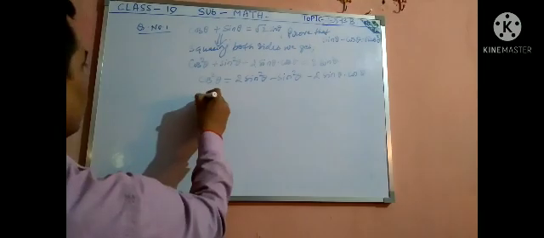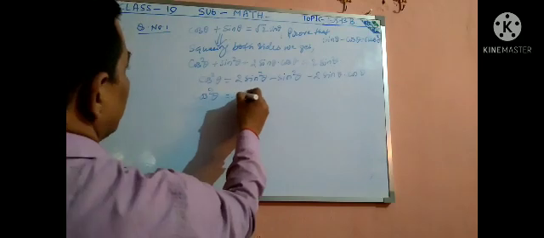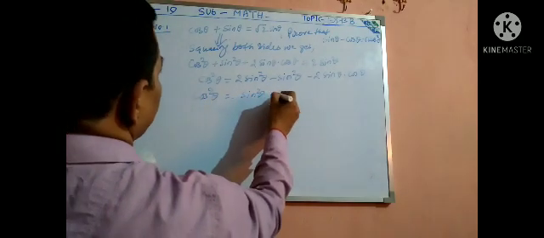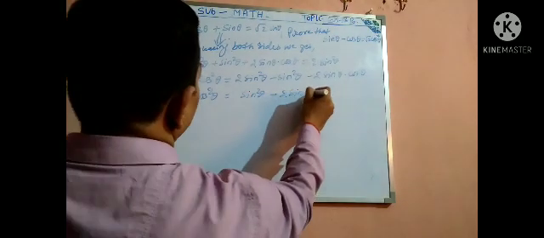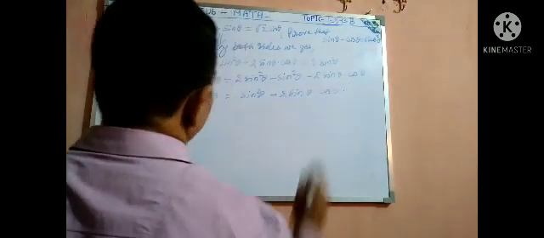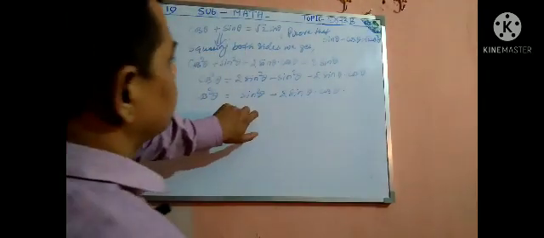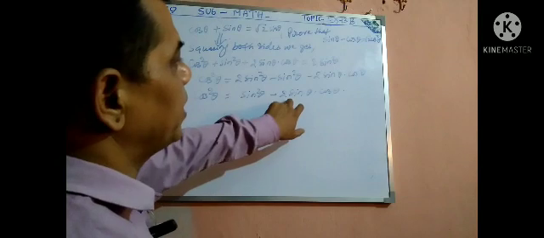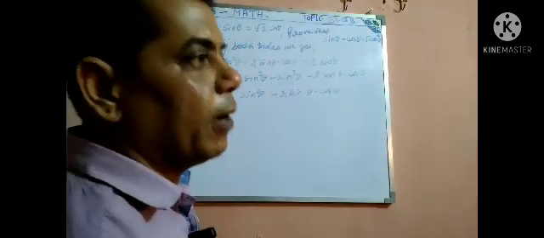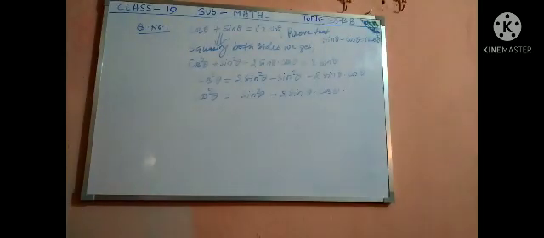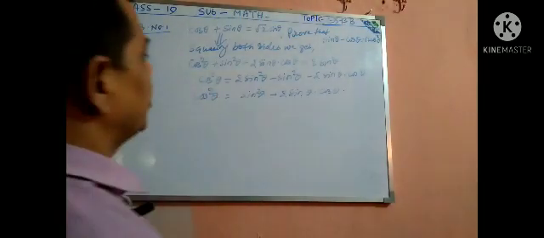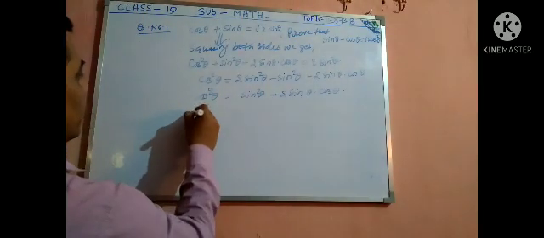So that is cos square theta is equal to sin square theta minus 2 sin theta into cos theta. If the formula of sin square theta plus cos square theta minus 2 sin theta into cos theta is for sin theta minus cos theta, so this value to addition of cos square theta